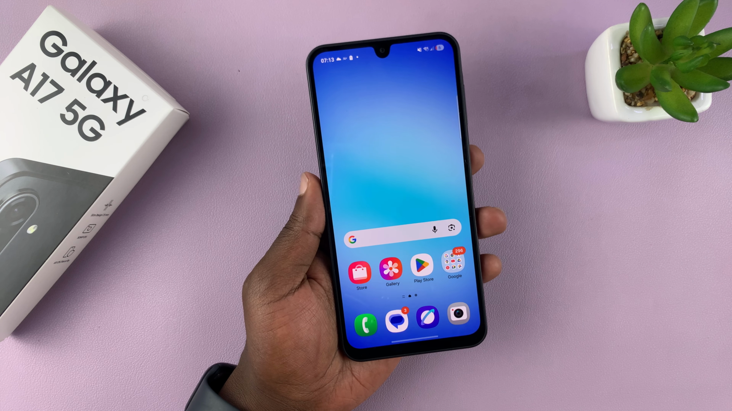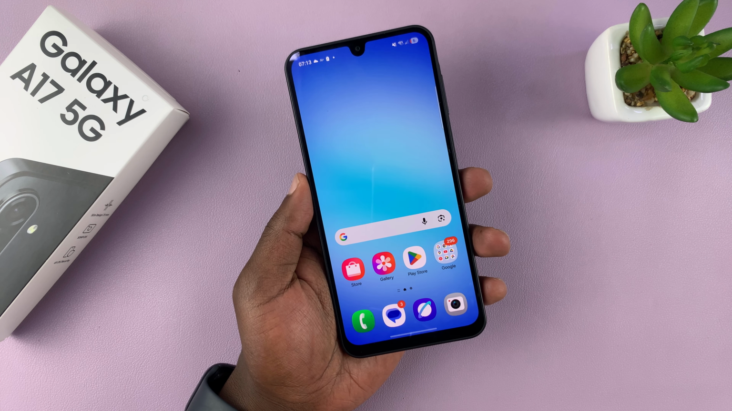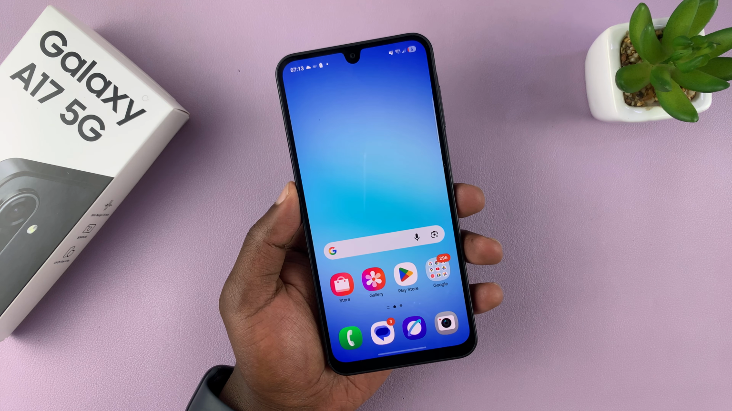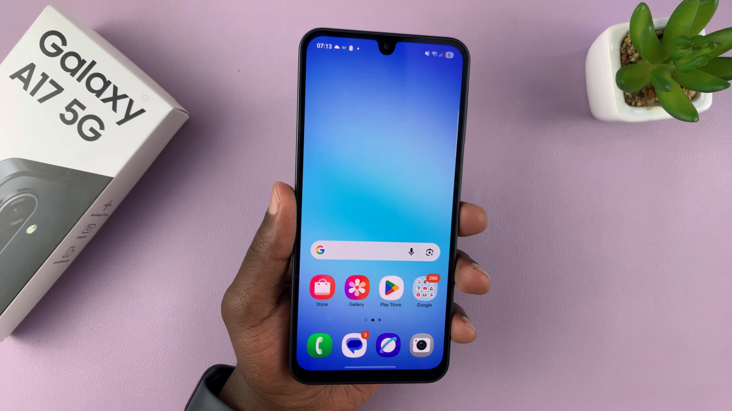A17 5G. Just in case the phone gets lost or stolen or misplaced, you can basically protect the data inside